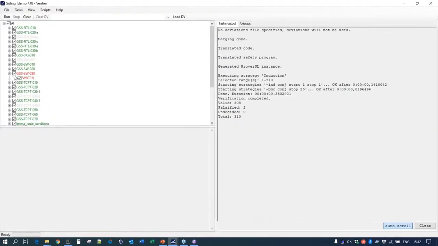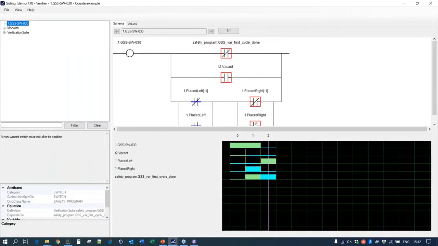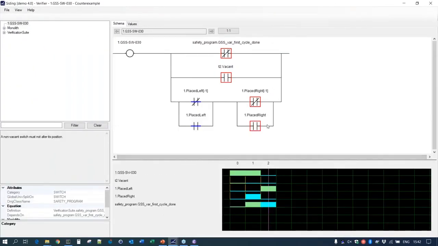Yes, we look here. Both switches, they violate this requirement. A non-vacant switch must not alter its position. So if you want to look more at this, you can double-click this failing, and it will create a scenario for you when the switch actually alters its position, although it's not vacant. So you can see here, it's ladder logic, and this means that vacancy is not on, so it's not vacant. And you can see that -1 means previous step. So it says that if it was,